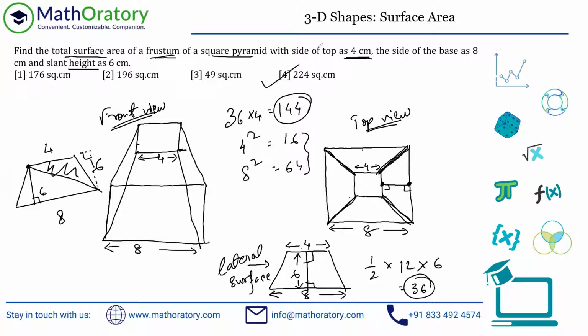So in a way, it's a very easy question, and there's not too much to calculate also if you understand these figures. But the main thing is to understand these kinds of figures. Once you understand what they are, what the terminologies are, what those names mean. So slant height, what is that? Frustum, what is that? If you understand those things, it's very easy to do, right?